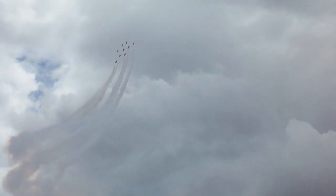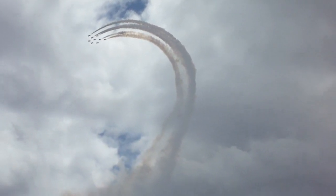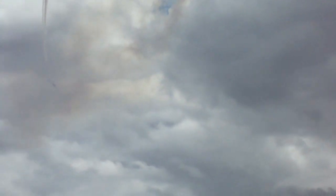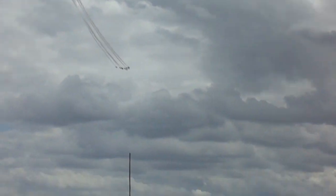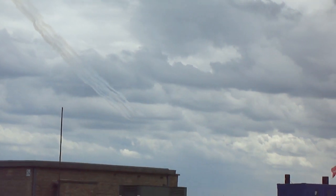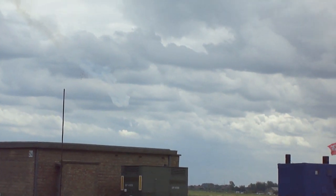If you take a look at the aircraft at the back left of the formation, the lowest one that we see at the moment, that's Red 5, Flight Lieutenant Kirsty Stewart, who is the first ever female Red Arrow pilot, and this year is her second year with the team. Kirsty was inspired to become a pilot in the Royal Air Force by her father. He was a Tornado GR1 navigator and he served operationally over Iraq in 1991. And in actual fact, he was shot down and held captive by the Iraqis in Baghdad for 3 months during